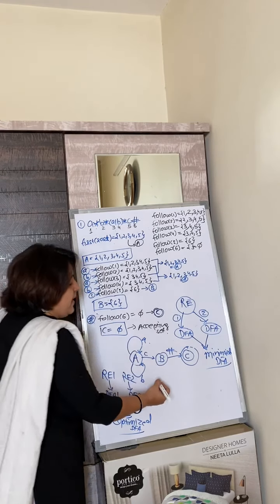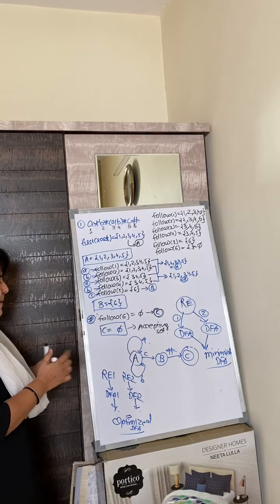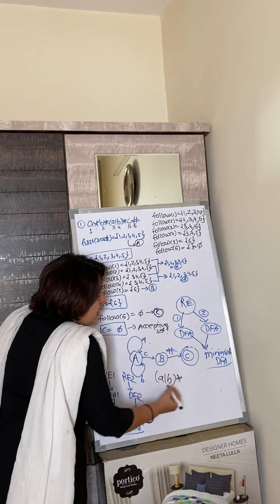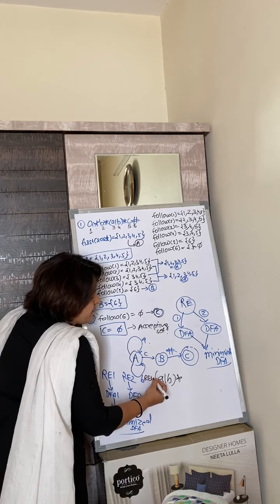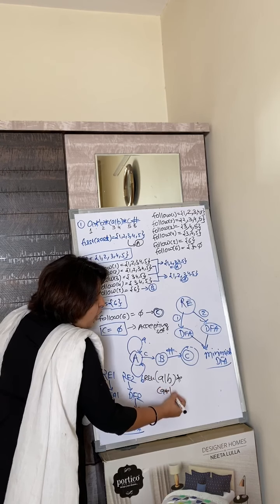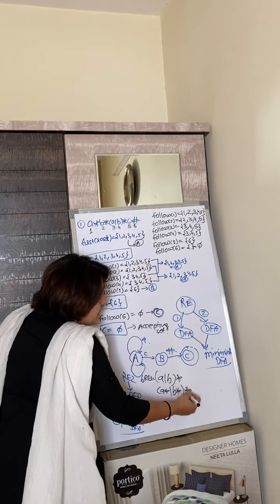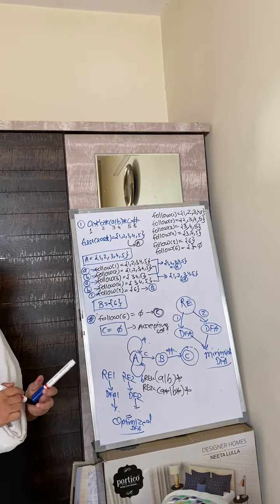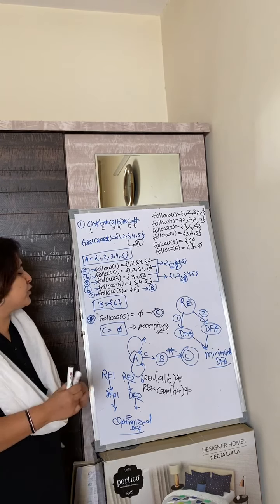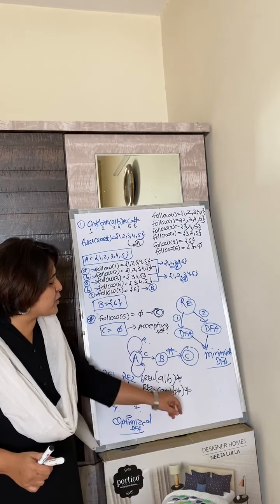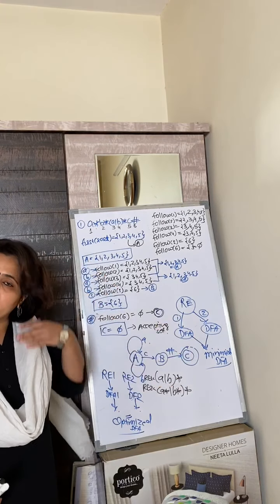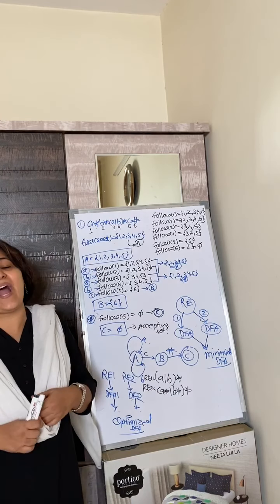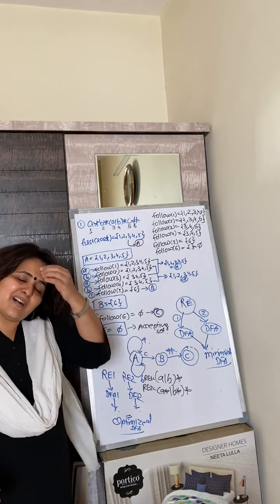Let me give an example. If you write (A or B) star, this is your RE1. And if you write (A star or B star) whole star, suppose this is your RE2. If you follow any method, first method or second method, to draw the DFA for RE1 and the DFA for RE2, and then optimize both DFAs, then the optimized DFA of both is going to be the same. How? We will see in the next lecture.